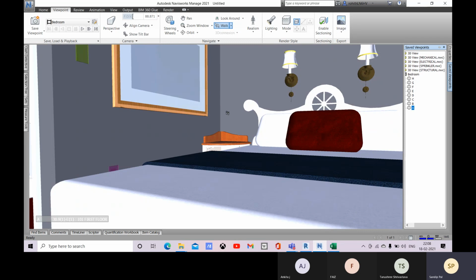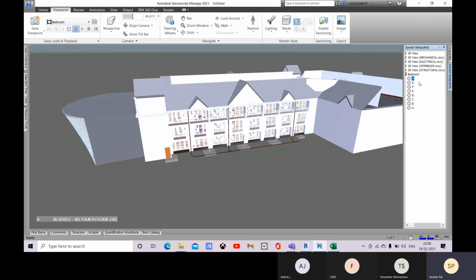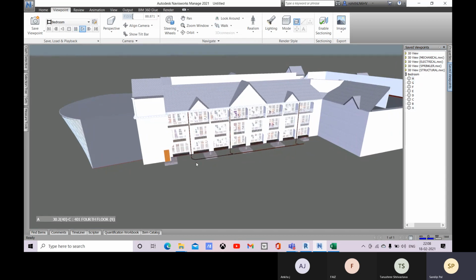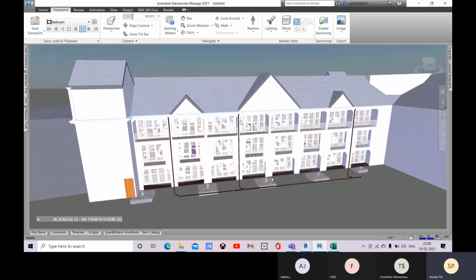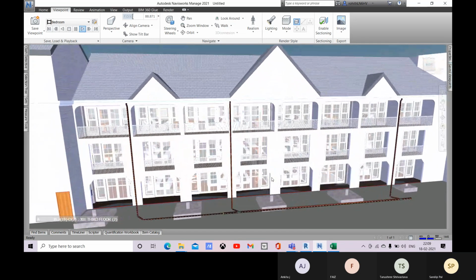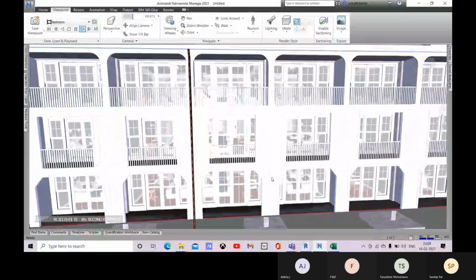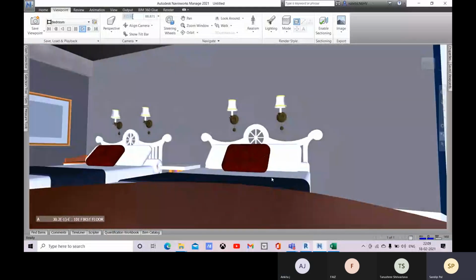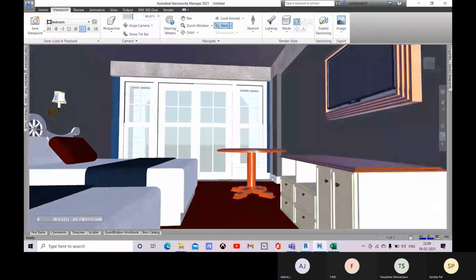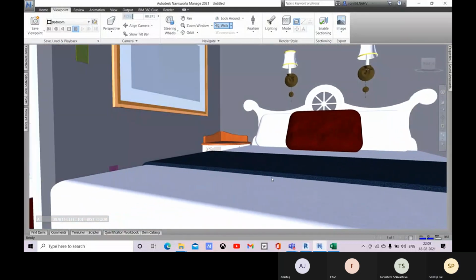Okay, so now you have created one animation, and now you can play it. It will start playing from this view, and you play it. Is that visible to all of you? Yes, sir. Okay. All right, so this way you can create your animation within Navisworks as well.